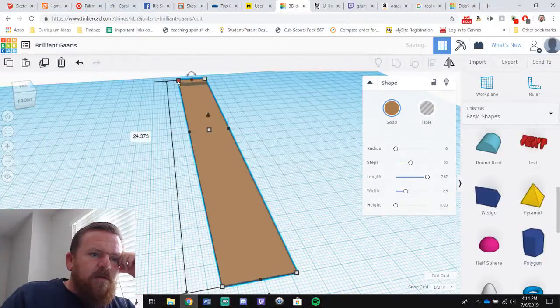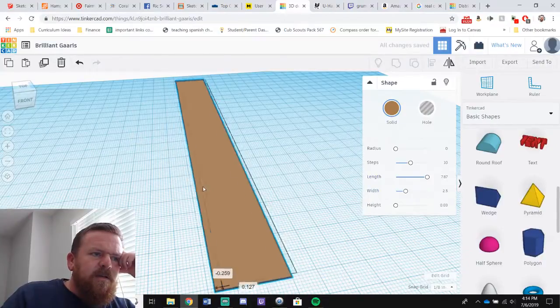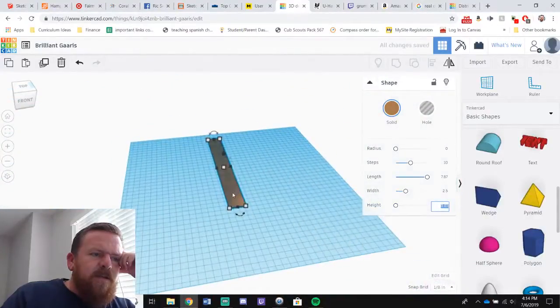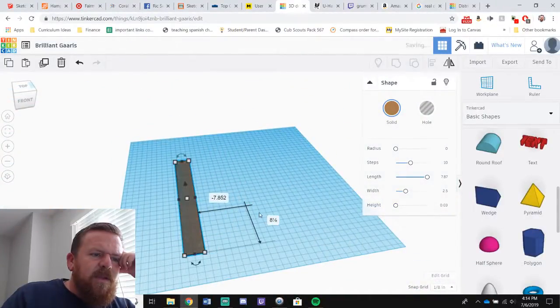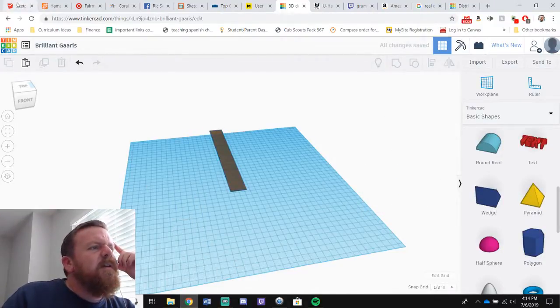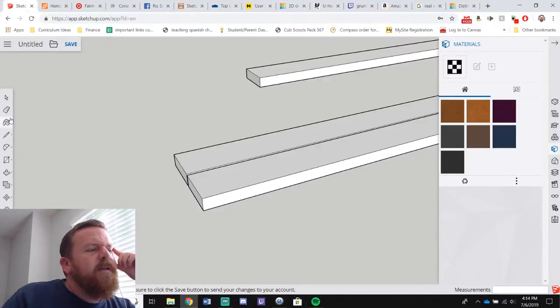It'll go. 24. Yeah, see? It'll work. I don't know what the problem is. But this is obviously not designed to work in these dimensions. Fine, back to this.